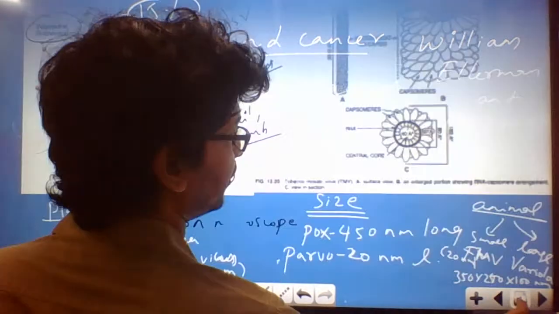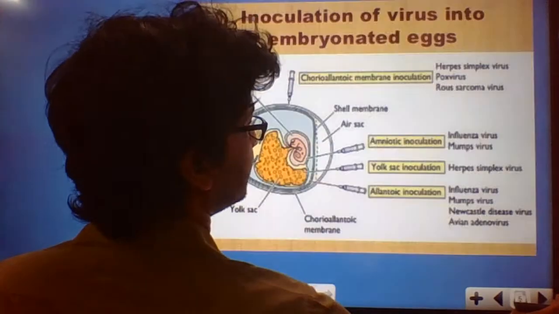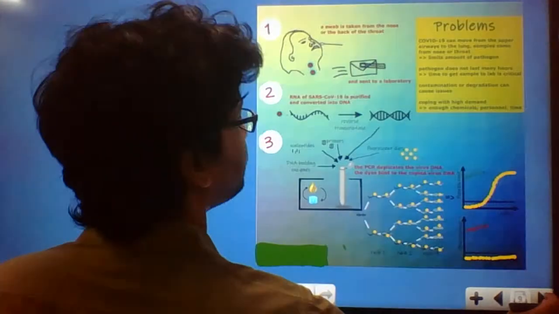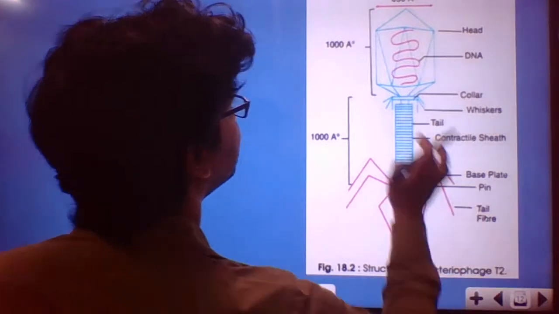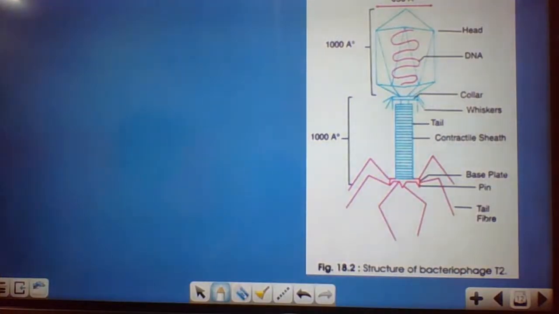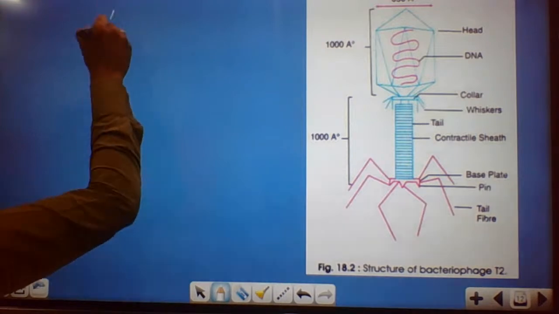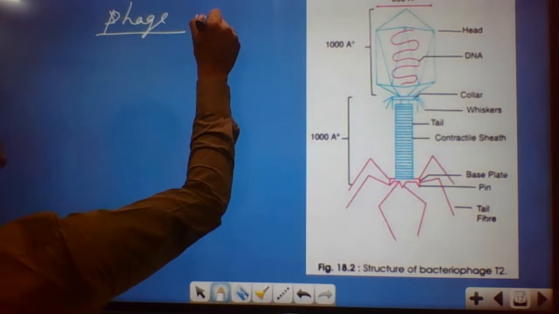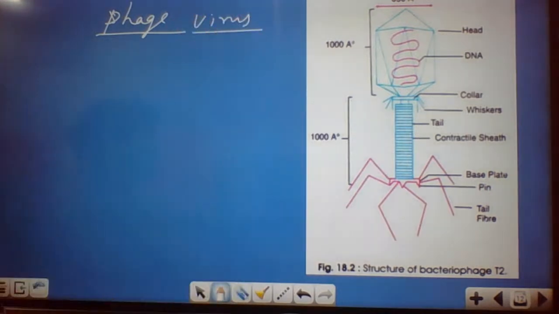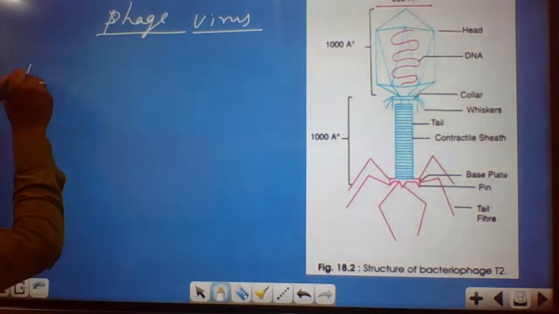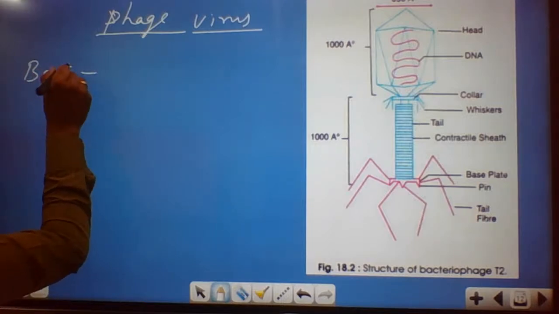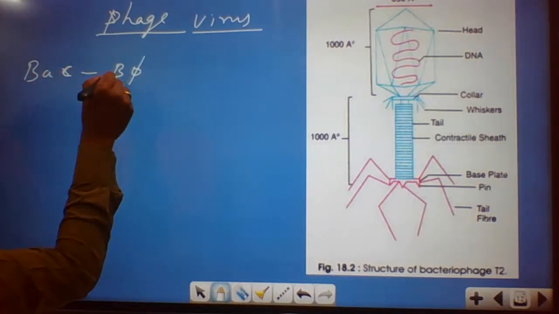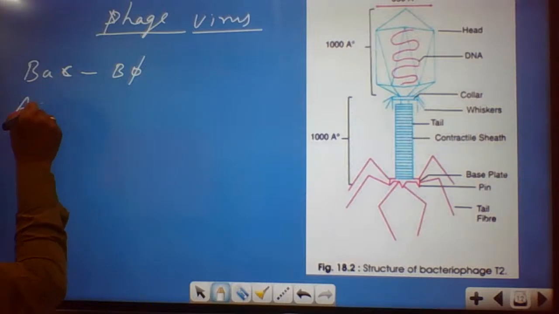Next, we move on to the phage viruses, the bacteriophages that we'll discuss here. This is a typical structure of the bacteriophage we're talking about. What do you mean by phage? Phage means a virus which affects other groups, maybe a bacteria, maybe actinomycetes, maybe yeast, or maybe a cyanobacteria. If the virus affects bacteria, then we call it a bacteriophage. The virus which affects actinomycetes,